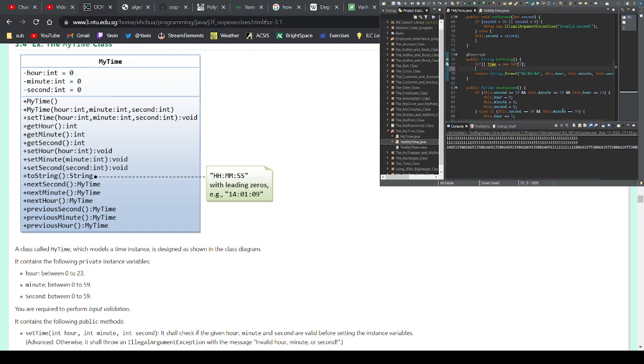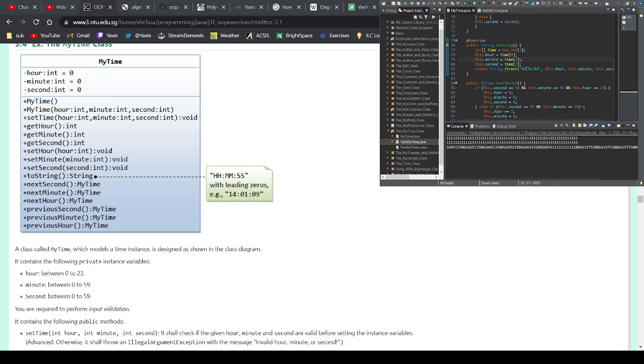We don't even need, so this dot hour is equal to time, the 0th index. This dot minute is equal to time at the first index. And this second is equal to time at the second index, which is actually the third index, honestly. But anyways,